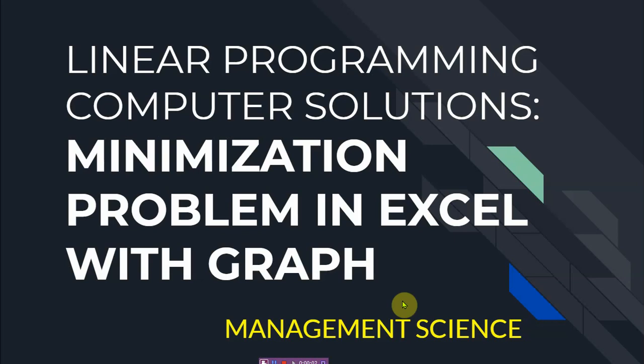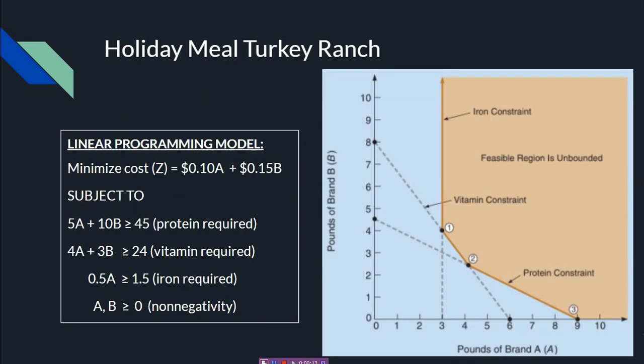Okay, so welcome again to our management science lectures on linear programming using computer solutions. This time we're going to solve a minimization problem in Excel. We're going to take the holiday meal turkey ranch problem, where we have this linear programming model written as minimize cost equals 10 cents of A plus 15 cents of B, subject to the constraints of protein, vitamin, and iron. Okay, so we should be able to come up with this graph after we solve it